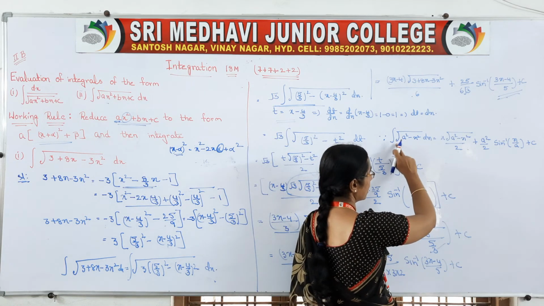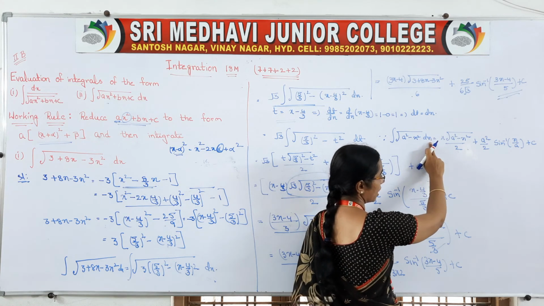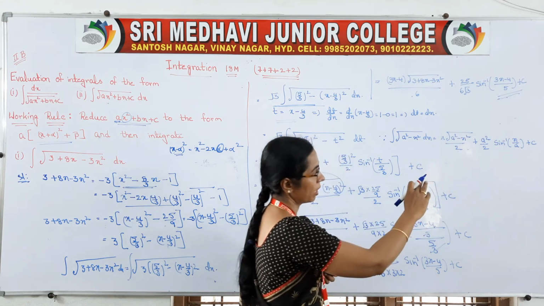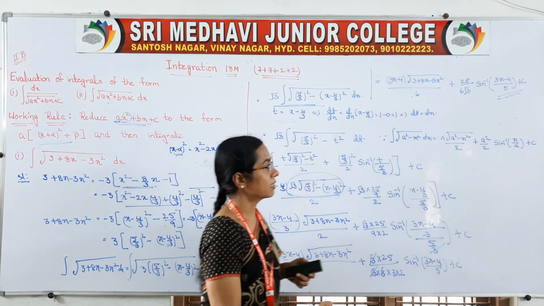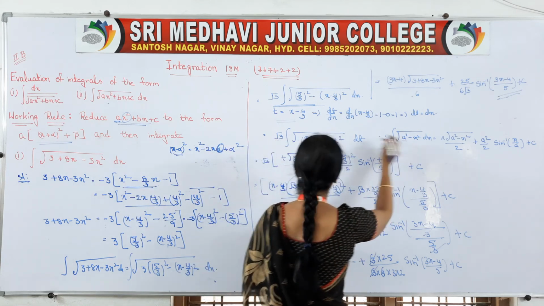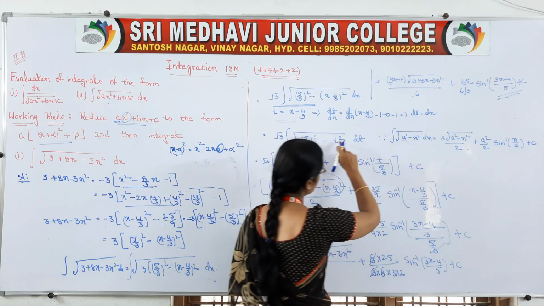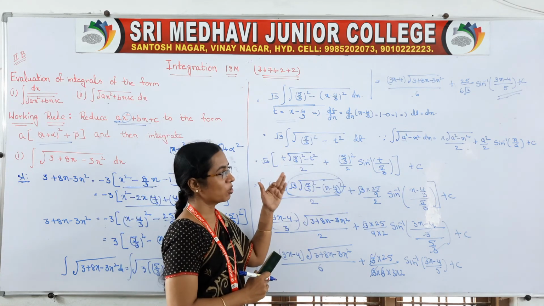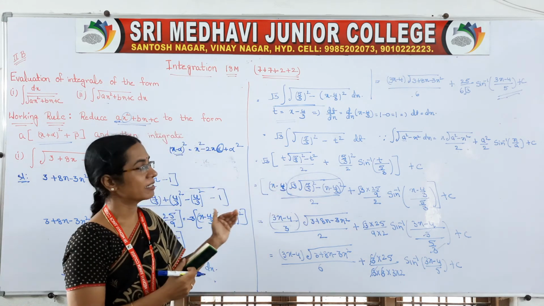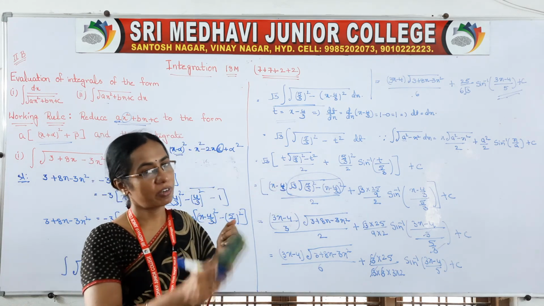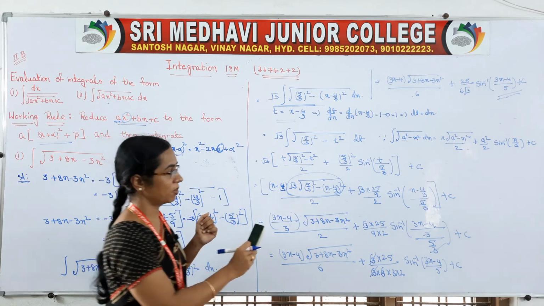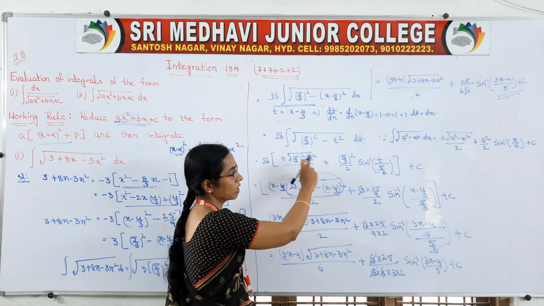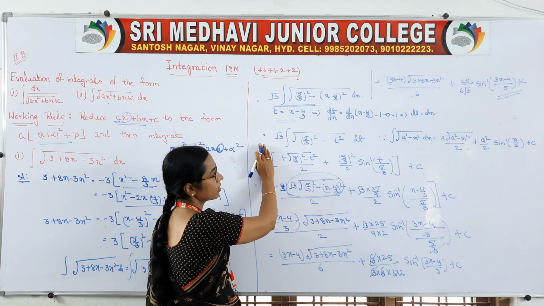So it is integral of root of a square minus x square dx is equal to x into root of a square minus x square by 2, plus a square by 2 sin inverse x by a, plus c. So in the a place we have 5 by 3 and in the x place we have t. So substitute in the formula. Actually if it is x, here your problem ends, but t is there. So our question is with respect to x, the answer also must be with respect to x only. That's why wherever t is there, you substitute its value and send this root 3 inside.